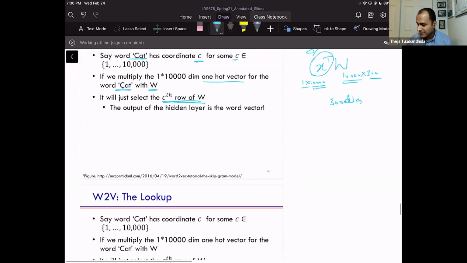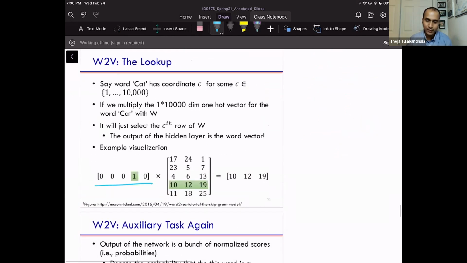Yeah. So what I was saying is that if you have a one-hot encoded vector, and the index wherever it's 1 just corresponds to picking up that row of that matrix. So in this example, there are 5 rows, and if the fourth index of the one-hot encoded vector is 1, then you just pick the fourth row. That's exactly what's happening in the input to hidden vector values. Okay, just a repeat of what we just discussed.